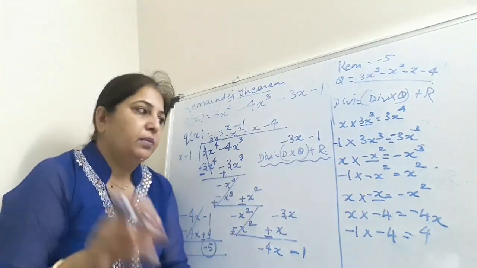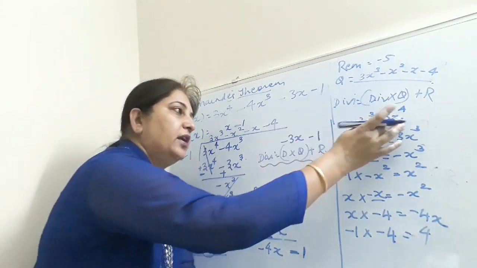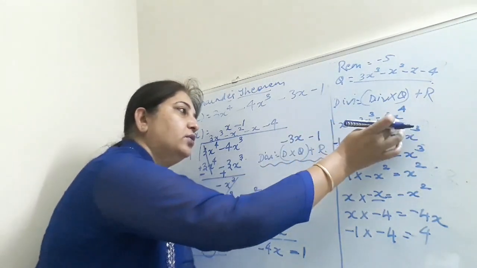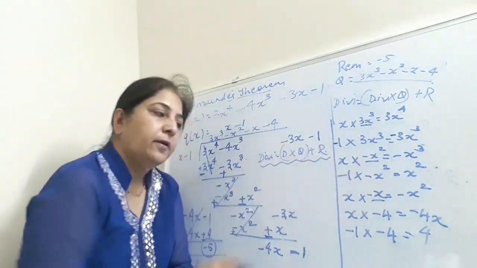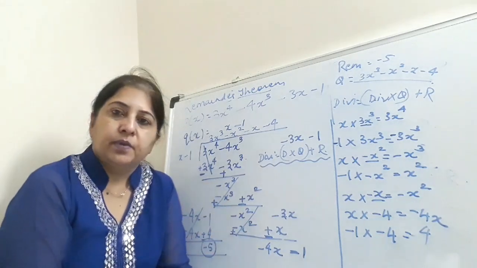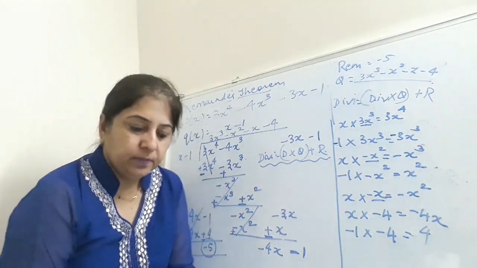Only thing is you have to remember the correct sign. You have to remember whatever answer we want here. According to that, you will choose a number here and multiply very extremely carefully and complete your sum. Okay, so I expect that you will complete your exercise 2.3 by today,